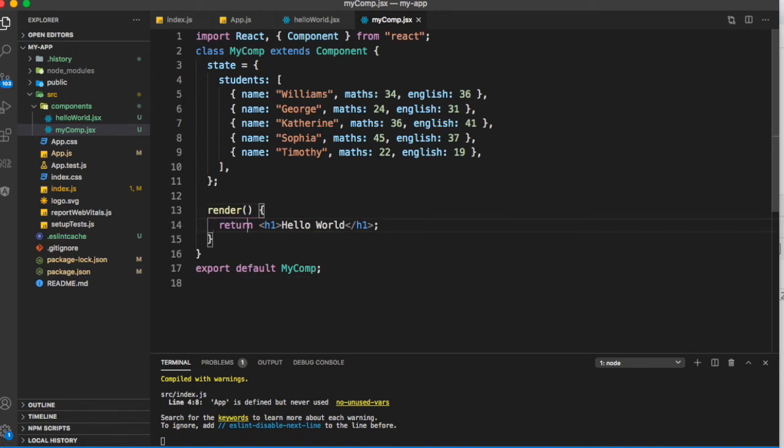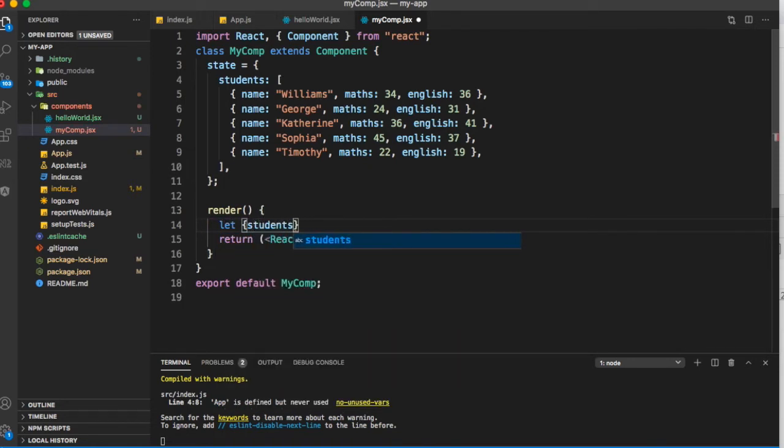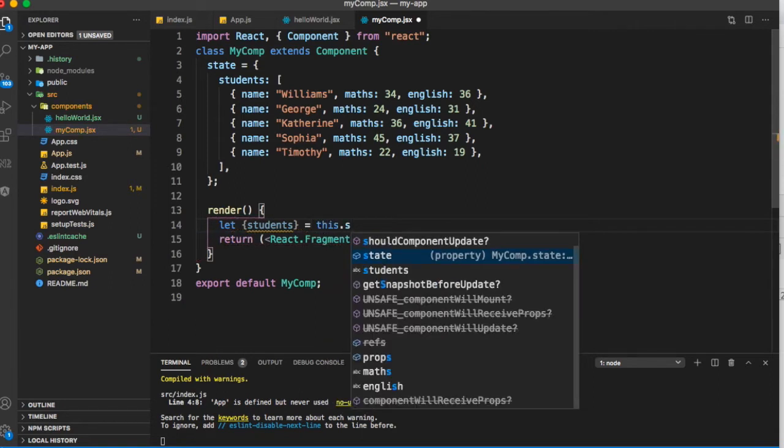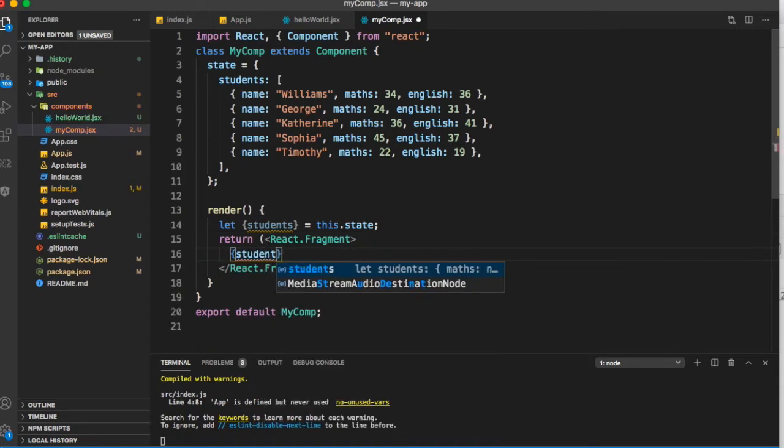So in our render, in the return, let's just put in a React.Fragment. And what would we do within that React.Fragment? We want to show a table. So we will just use a map. What would we use the map on? this.state.students. So let's just first do students, using object destructuring, is equal to this.state. Now I can say here students.map